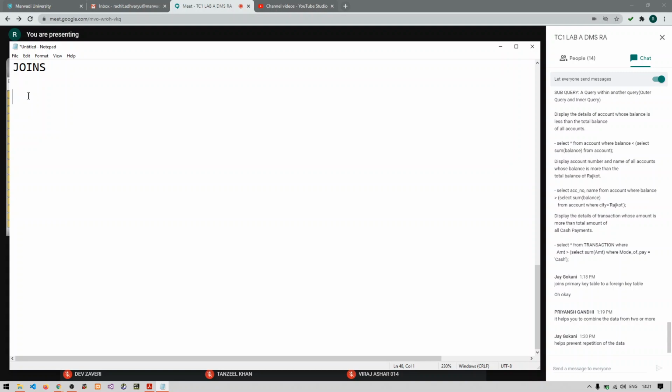For joining 2 tables, there should be one common column in both the tables. Clear, guys? What is the rule? If you want to join 2 tables, then there should be one common column in the 2 tables that can be used for joining those tables. Clear with the concept, everyone?